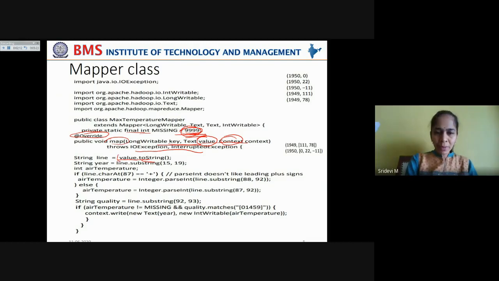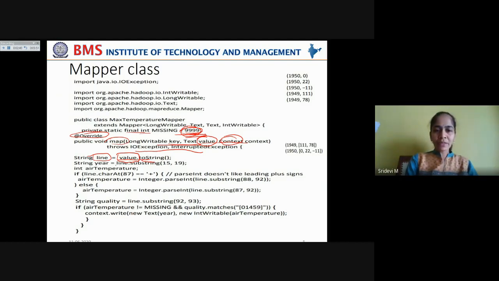Now from this input split value, you're converting it to a string first and storing it in the line variable. So you're converting the entire input split, the text data, into a string variable, so that you can extract the substring you are interested in. That is the year and the air temperature recorded in that particular year, along with the quality code.